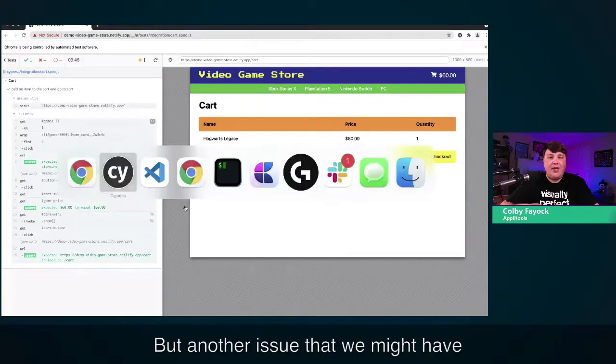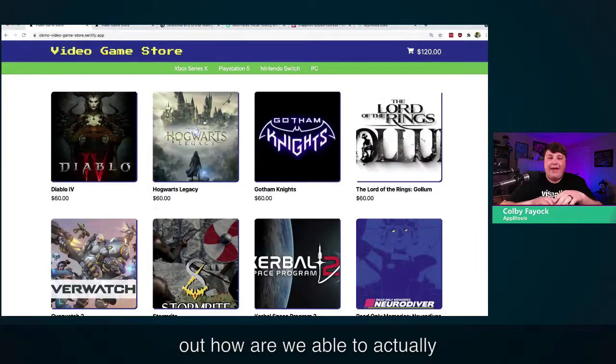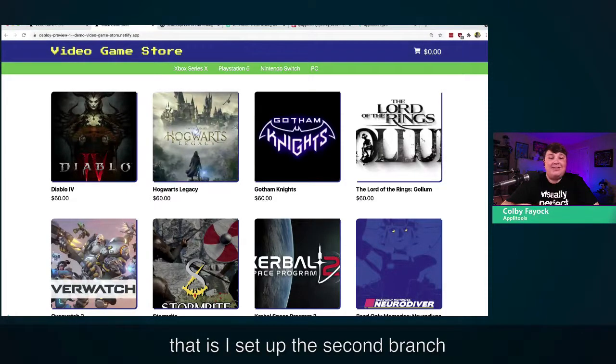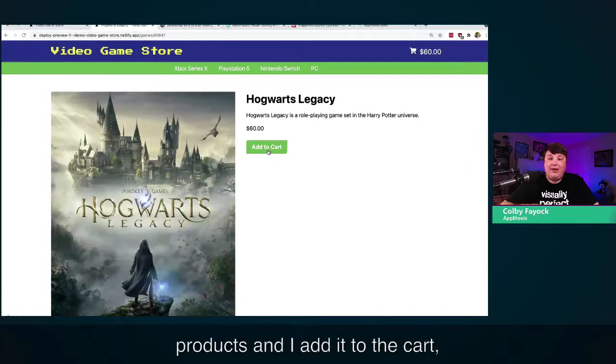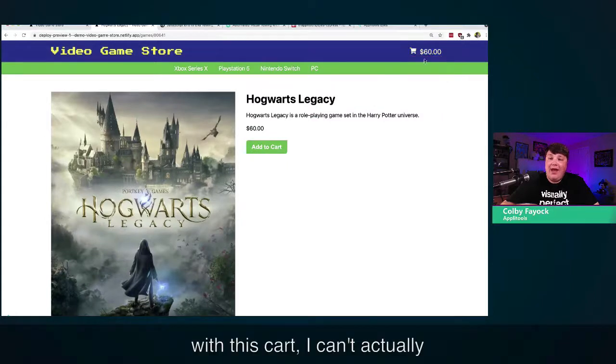But another issue that we might have faced is we want to figure out how we are able to actually catch visual regressions if they occur in our application. And the way that we're going to test that is I set up this second branch of my store where it looks exactly the same, but if I click into one of these products and I add it to the cart, we can see that this time, if I'm hovering over this navigation with this cart, I can't actually get